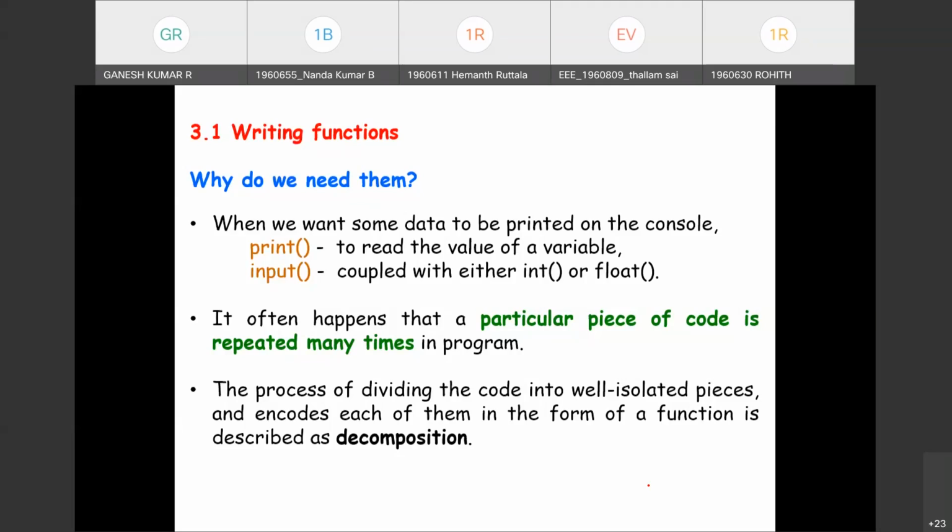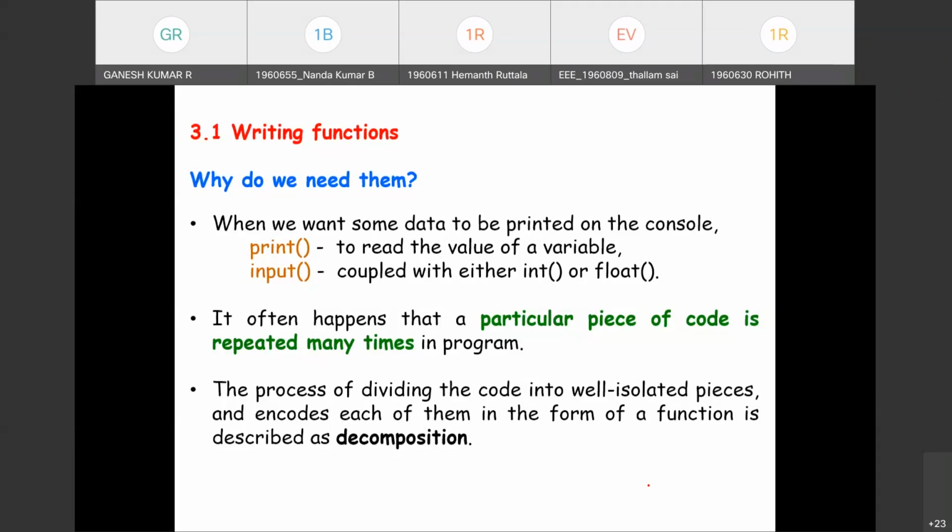This considerably simplifies the work of the program because each piece of code can be encoded separately and tested separately. This process is called decomposition. So the basic fundamental concept behind the function is decomposition. A big program, considerably intermediate or very large, or could be complex, which will be difficult to solve as a whole unit,